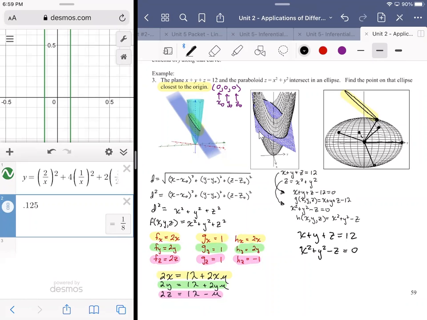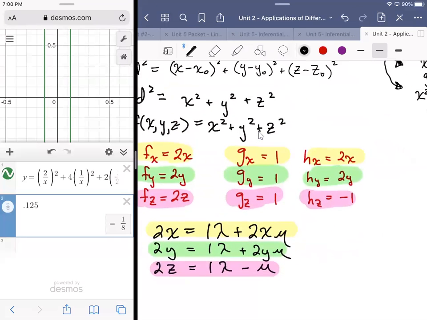The other ones you have to do a little bit of extra housekeeping along the way. So let's take a look at these before we start making substitutions and see what shakes out. In each case, I can solve for lambda: 2x minus 2x mu, 2y minus 2y mu,